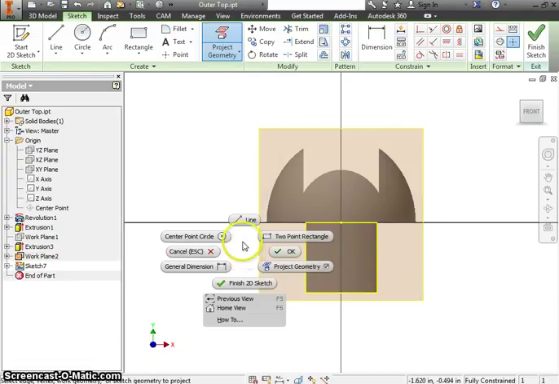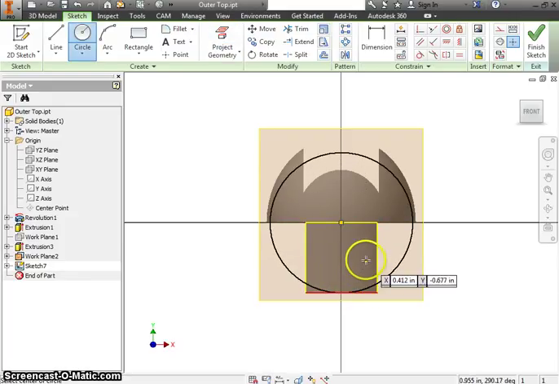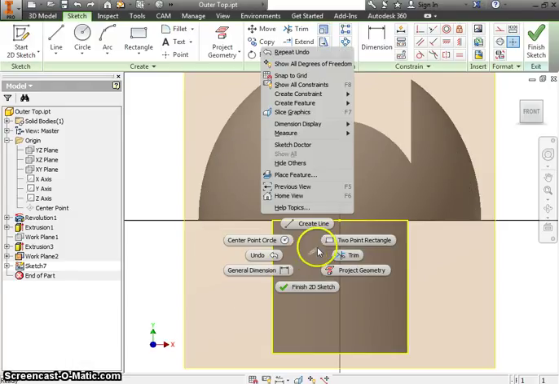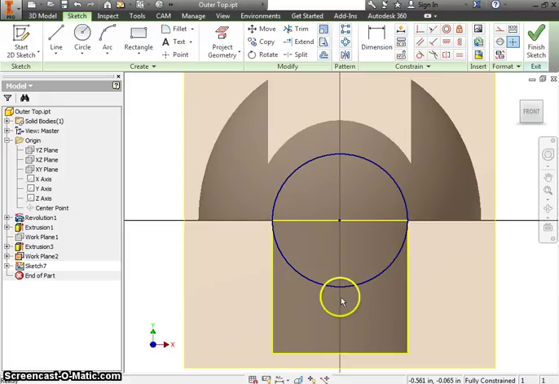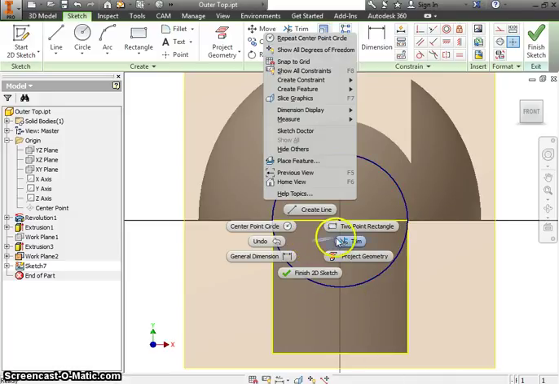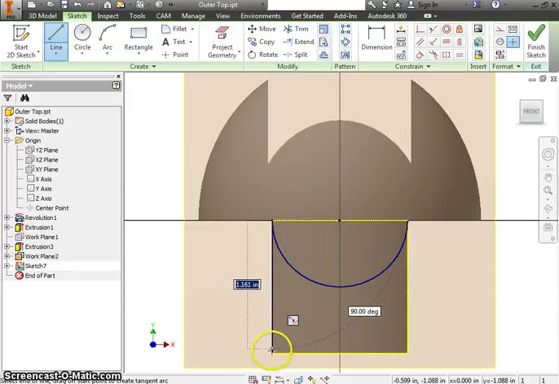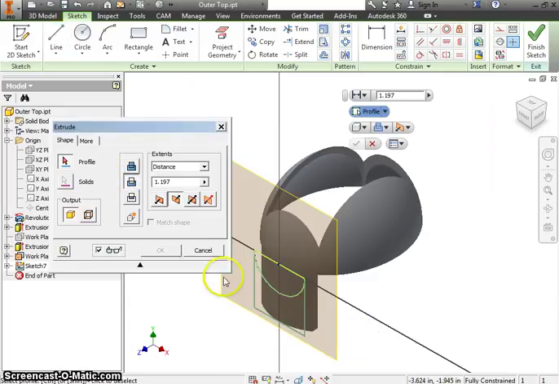I'm going to project the geometry of the outsides. I'm going to make a circle. And I really thought that would do it, but apparently not. So let's just go out to these edges here. So my 1.197 from there to there is apparently much larger than from there to there. That's okay. I'm going to trim the top half of this here. I'm going to draw in lines over here. And now I have dark lines all around this bit. I'm going to say cut, that,